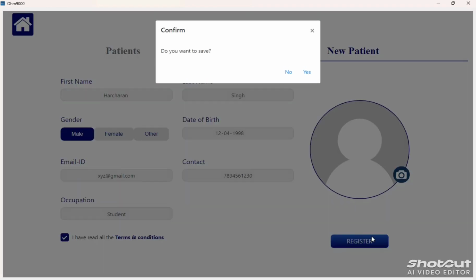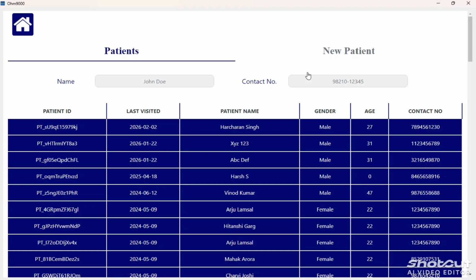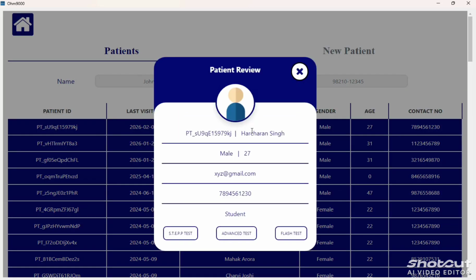When we click on register, a confirmation box opens. Click on yes, and here you can see the list of registered candidates, and our patient name is shown on top. Click on the patient name and then click on the STEPP test.